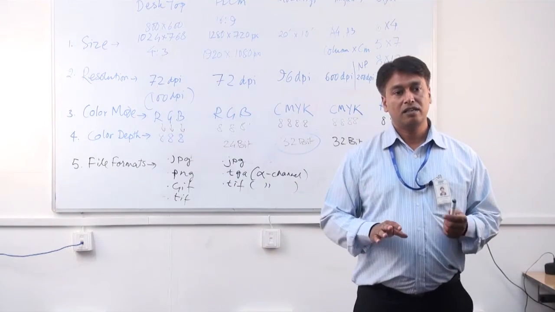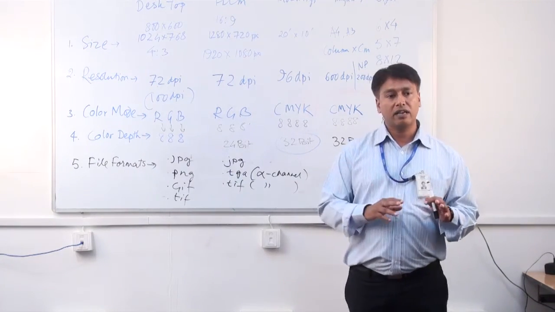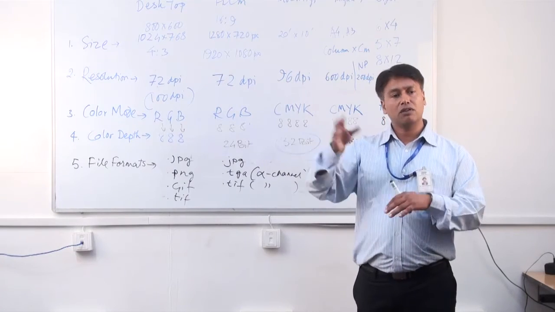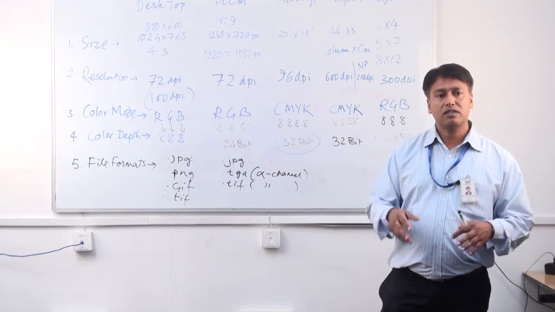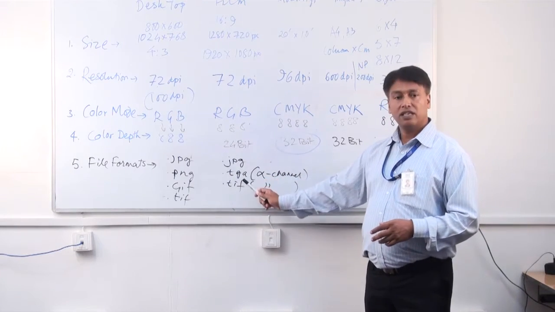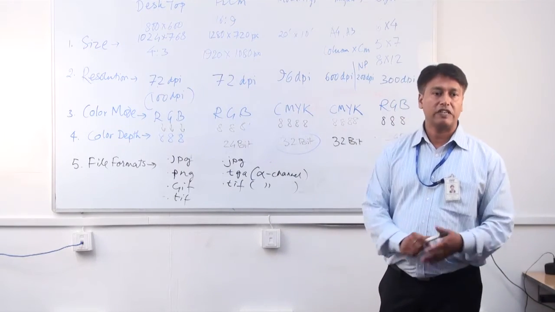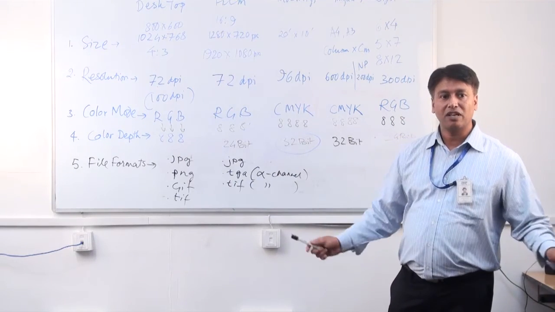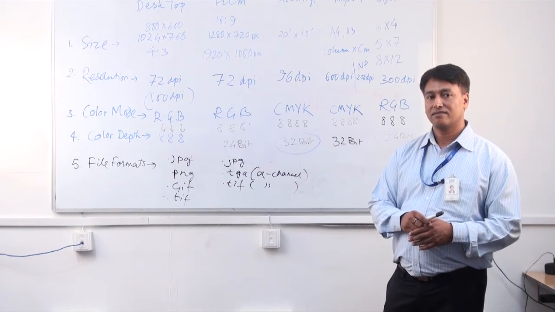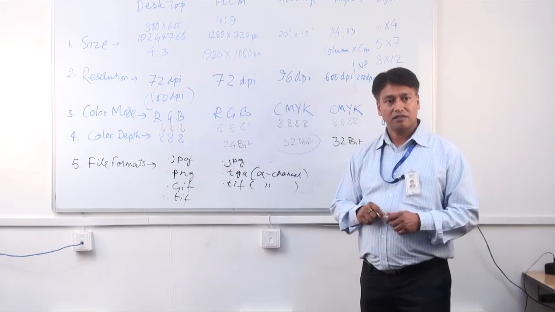Got it? And these are the most popular softwares. So if you are rendering any animation and you want to send it to the US or any other country, or in the same country for compositing, it has to be TGA or TIFF. No other, no JPEG. JPEG does not support alpha channel. GIF does not support alpha channel. Got it? So for films we will have these file formats.